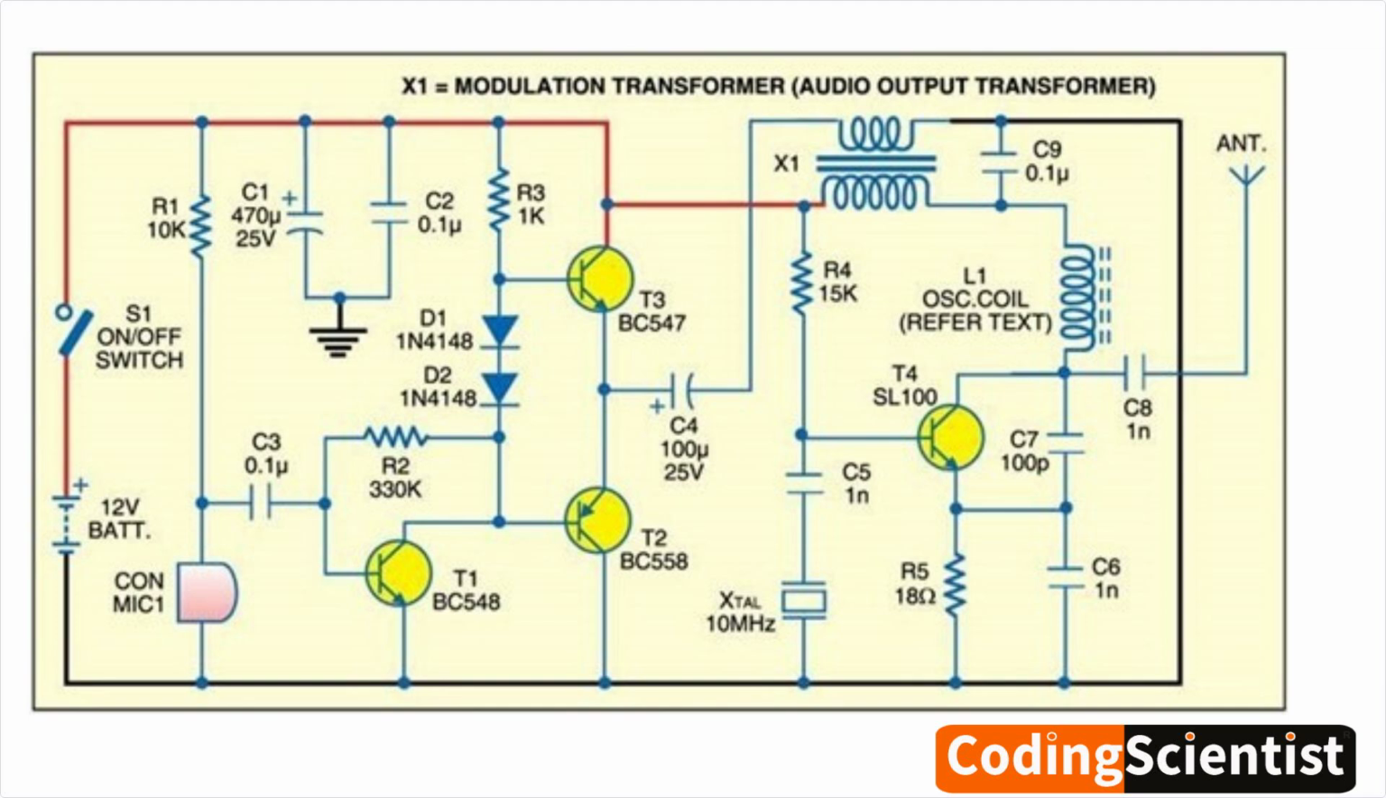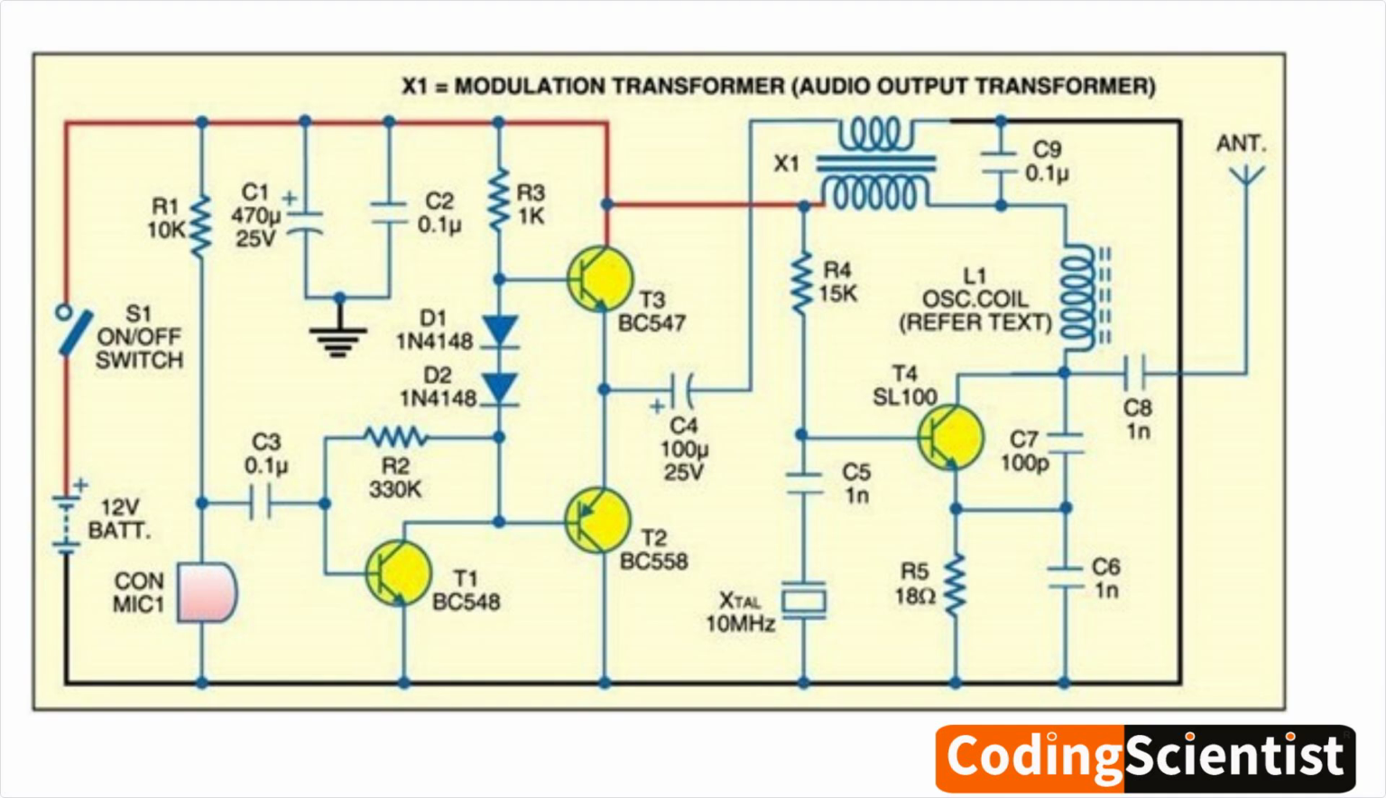Working principle. Audio input: the audio signal from the microphone is amplified by transistor T1. Modulation: the amplified audio signal is coupled to the base of transistor T2 through the modulation transformer X1. This causes variations in the collector current of T2, which in turn modulates the frequency of the oscillator formed by